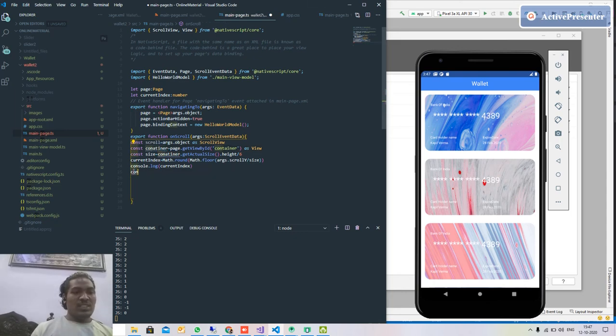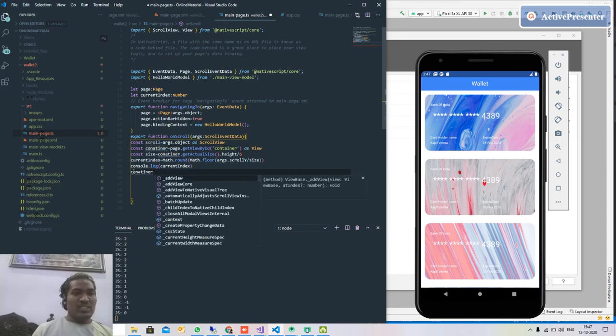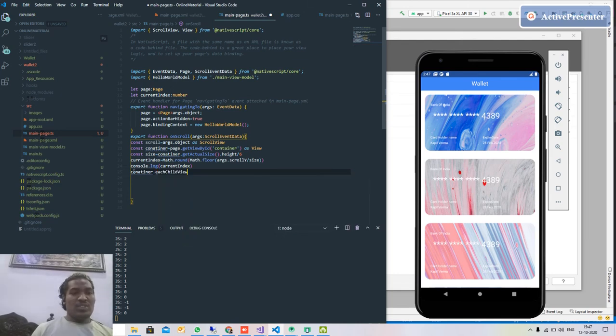Okay, let's go with this forEach view. Here we get the child, which is also of view type, and it should return true. I already explained why in a previous video, so it returns true.